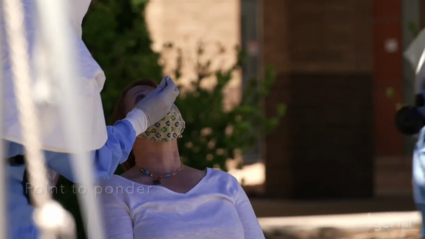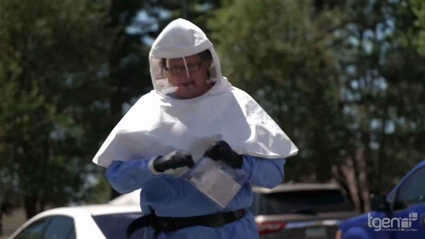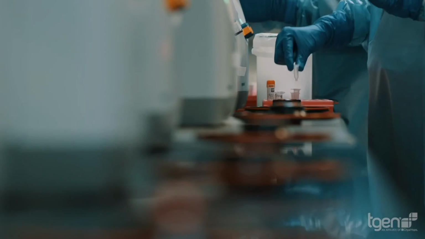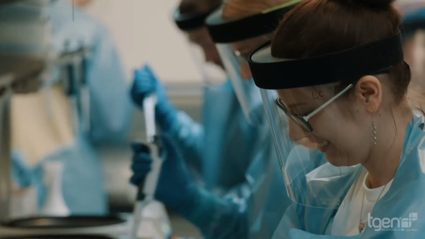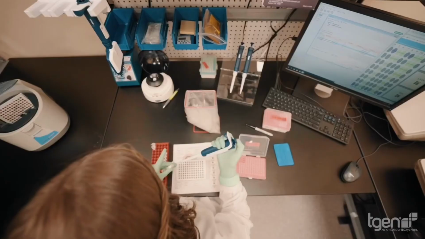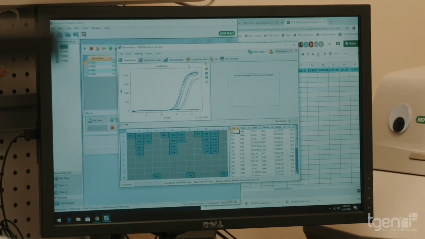Unique about the work that we do here at TGen outside of our clinical diagnostic laboratory is that we have the capacity to do whole genome sequencing on the virus. Samples that test positive in our laboratory and samples that test positive at the Arizona State Laboratory come to us, and we have an amazing sequencing team that does whole genome sequencing on each of the viruses. We've been working with governments and with businesses and trying to give them the information that they can use to move forward in the safest way possible for either their constituents or their customers or their employees.